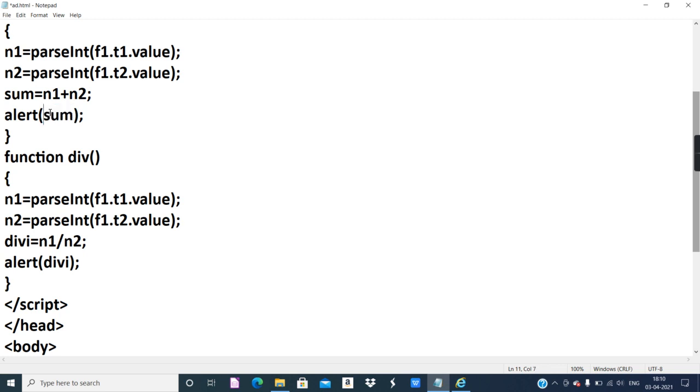You will not get the correct output, because if you surround that with double quotes, your output will be SUM. It will return it as it is, like a text. It will not be understood as a variable name by the web browser. So if you use the exact variable name like this inside the parenthesis, you will get the value stored inside that variable.